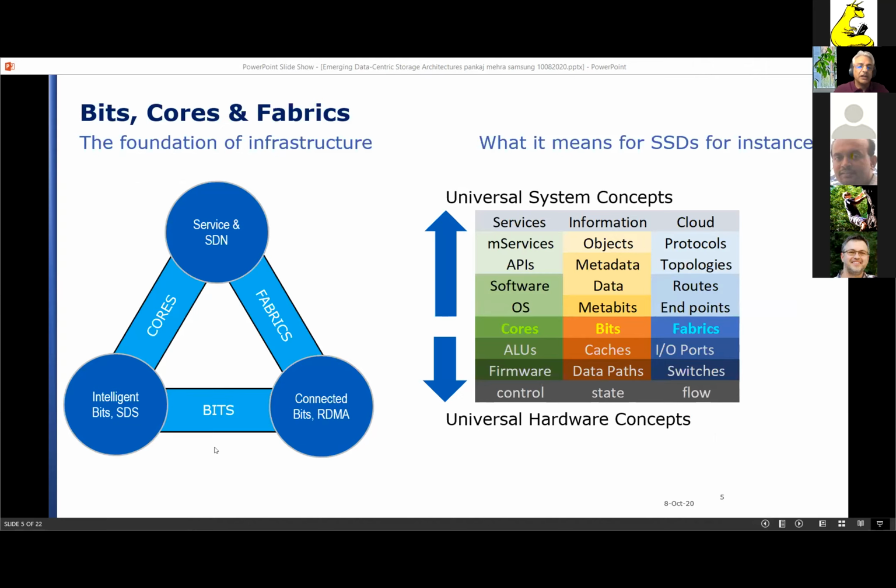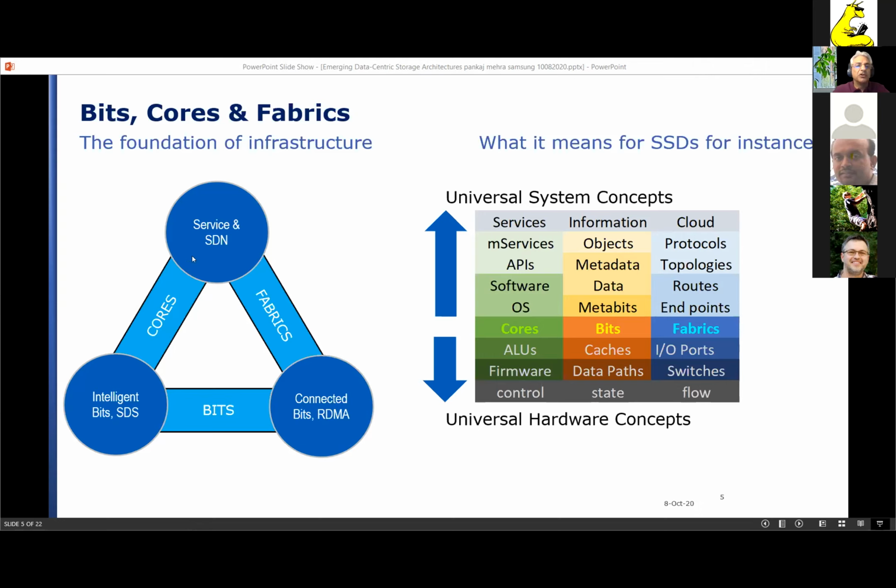So of course, we know that bits by themselves give us memory and storage, but connected bits give us things like RDMA and some of the benefits that Nidish already outlined for you. And then bits married with compute give you intelligent bits, they give you software-defined storage and other wonderful things in this world.